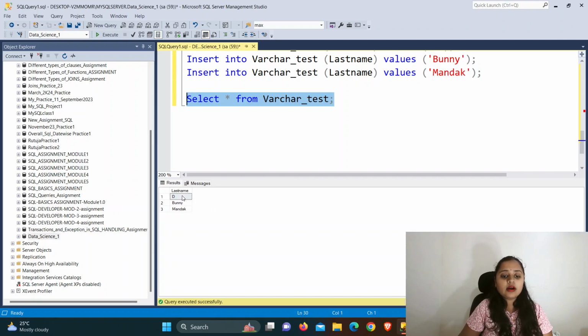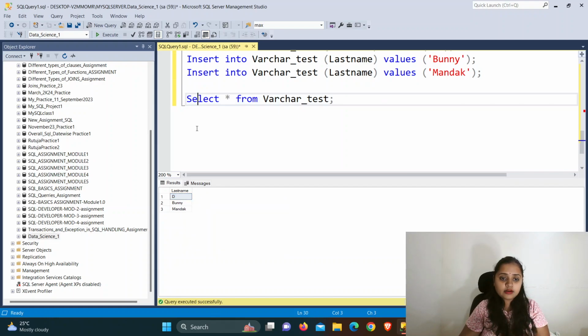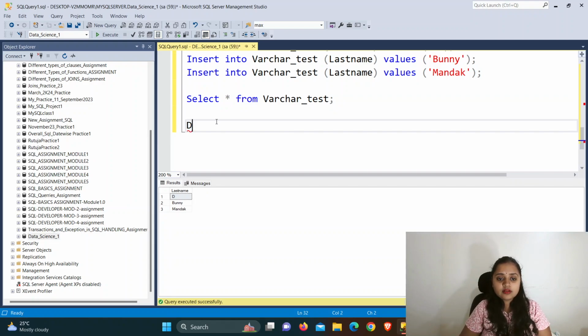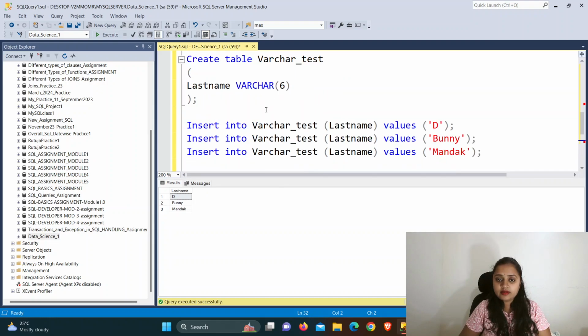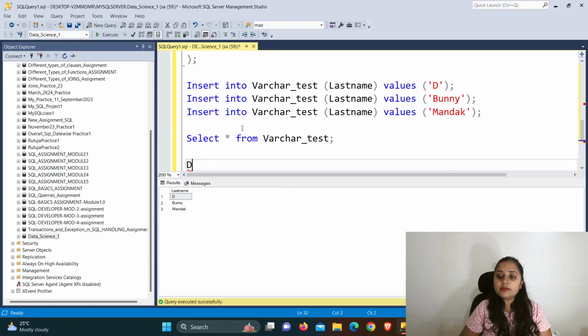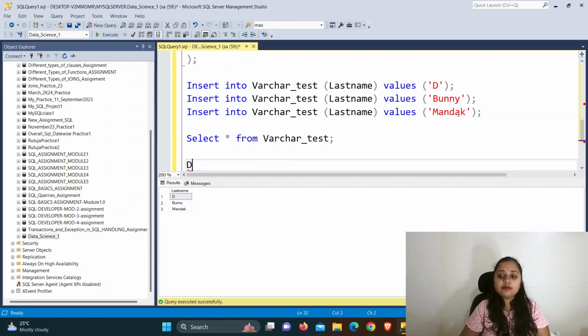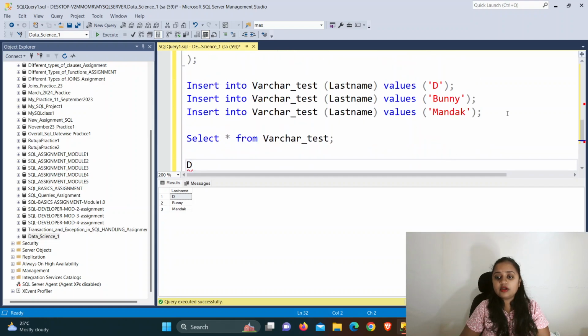Now I just want to show you something major regarding this. In the varchar data type, just copy this, come here on the screen and paste it, Control V. Can you see the cursor just beside the D? I have given the limit of varchar as 6, but in varchar, whatever limit you have given, if you enter data below that limit, it will take only the space of the letters you have inserted. If you have inserted 6, then 6. If you have inserted 4 letters, then it will take 4.